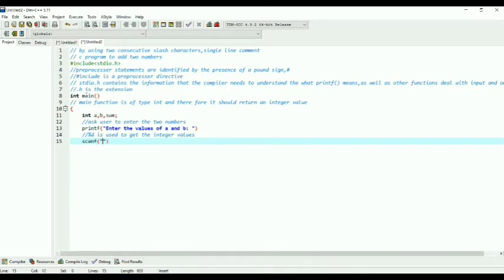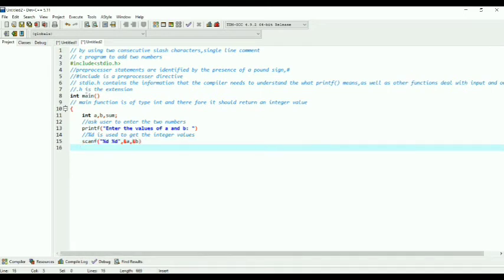Scanf percentage d, comma, where we are going to store a, right? That's why ampersand a, comma, ampersand b. The ampersand represents the address of the integer values, the address of a and the address of b.